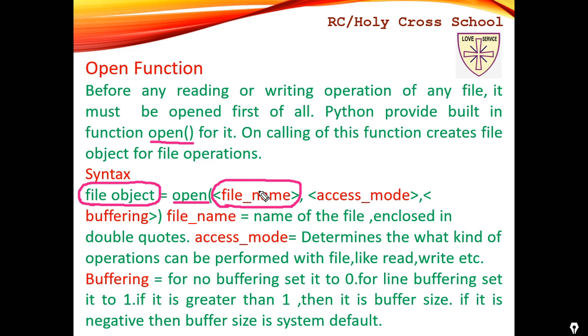Later on I will teach you how to give absolute or relative addresses of your file in your hard drive or in your pen drive. And this is your access mode, whether you want your file to be in read mode or write mode or append mode or something. Many modes are there. I had given all the modes in a slide. We will see it, understand? So this is known as access mode. Most of the files use W plus mode. You can read, you can write. If this is R mode, then this is read mode only, right? So let's see it out.